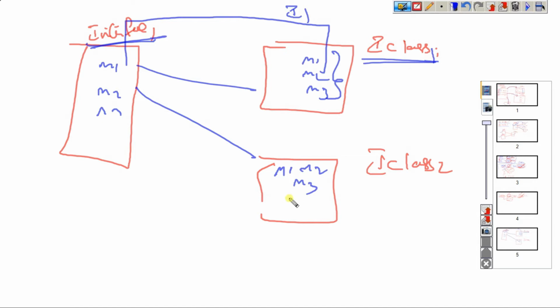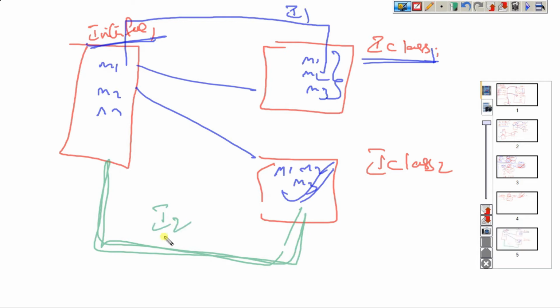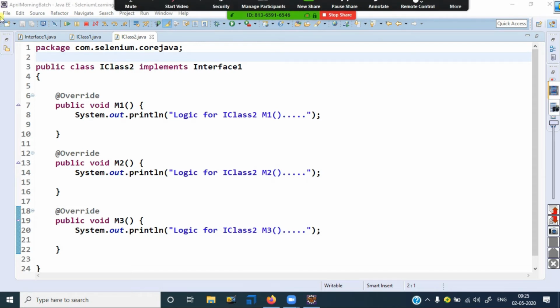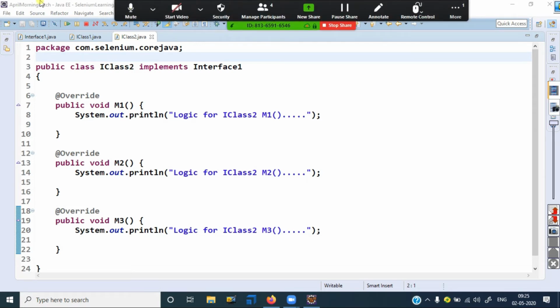But if you want to access this other method, you go for this one. Based on these two you are creating the reference. Now I2 has the capability to access this method. So this is what you want to understand. Okay, right. Let's go for the practical. So what I can do practically here is like this. See.